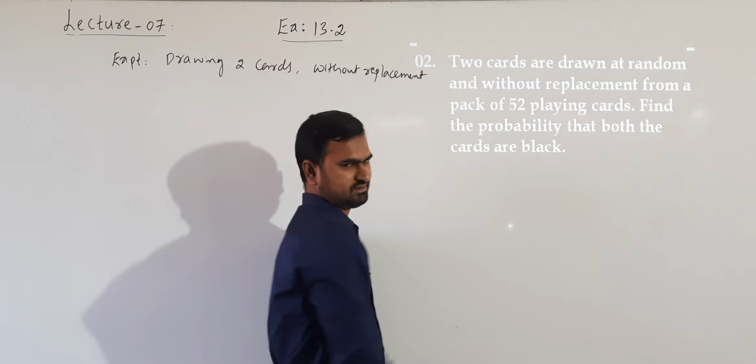Question number 1. If P of A is given, P of B is given, find P of A intersection B if A and B are independent events. Given that these two events are independent events, now we have to find P of A intersection B. So given, P of A is 3 by 5, P of B is 1 by 5. Probability of A and B we know. Now we need P of A intersection B as A and B are independent events.